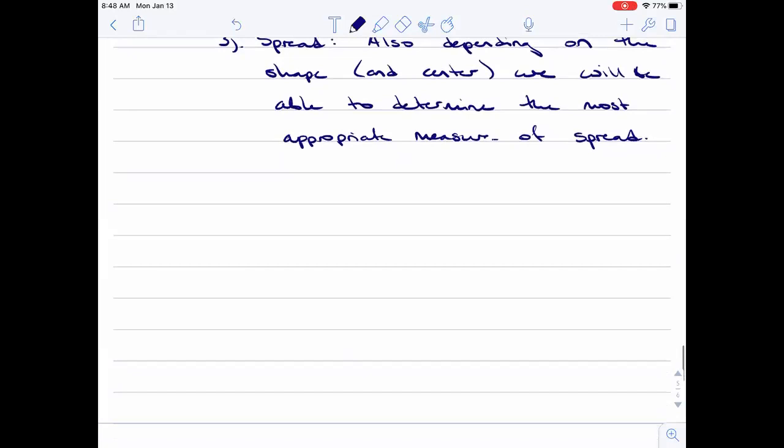So for the shape, there's lots of different methods that were developed to try to look at the shape of a distribution. Like I said, the most common now is the histogram, because even our phones can make histograms, right? But there are a lot of methods that are still around,